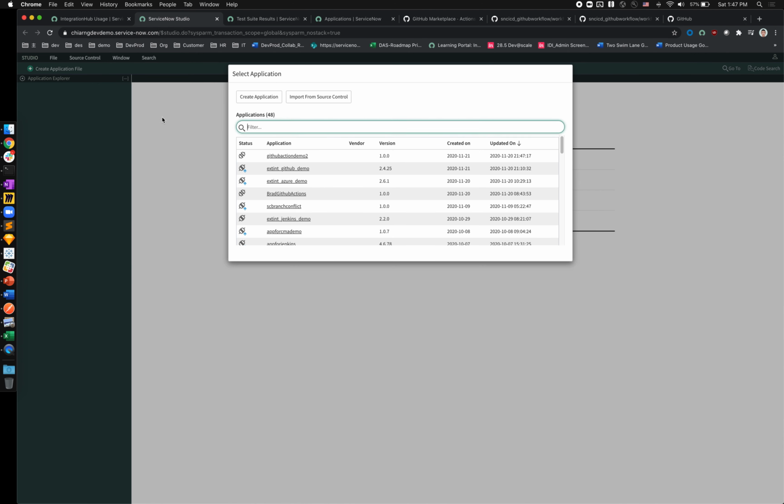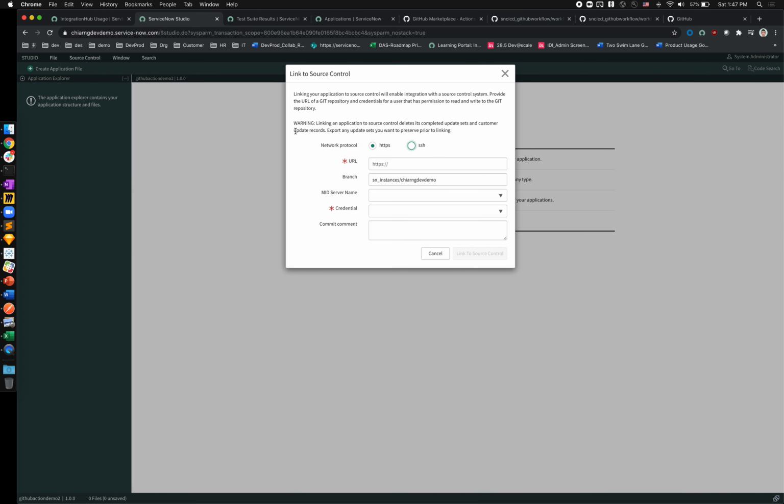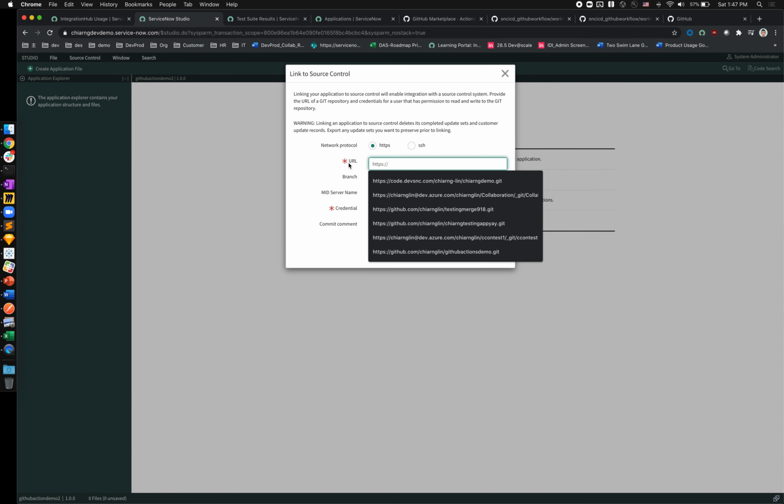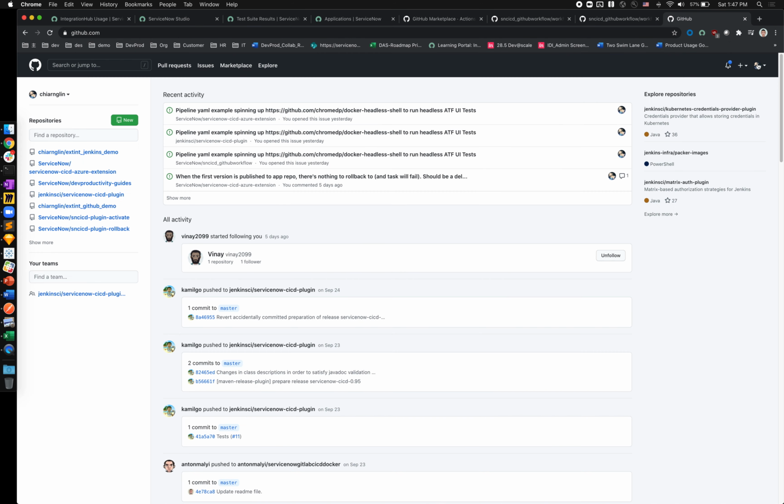And now that I have my app created, the first thing I'm going to do with the app is to link it to source control. So here you see, we need a URL. Coming back to GitHub,